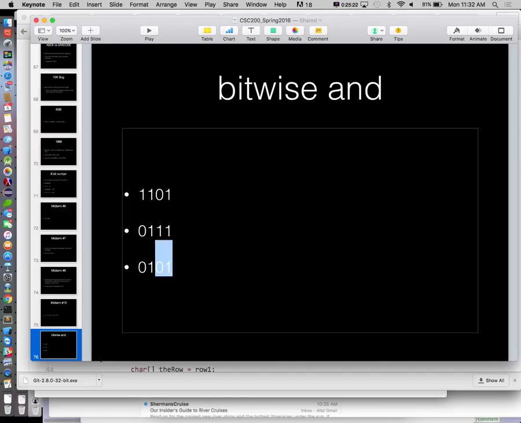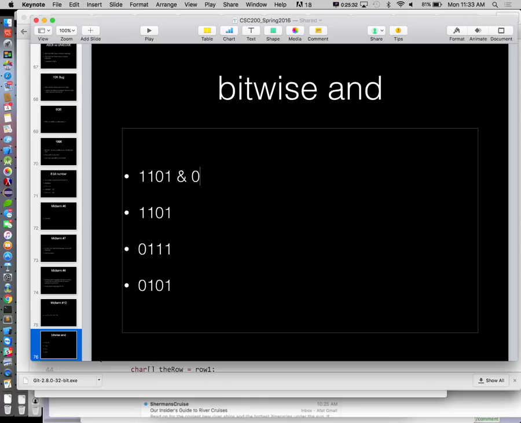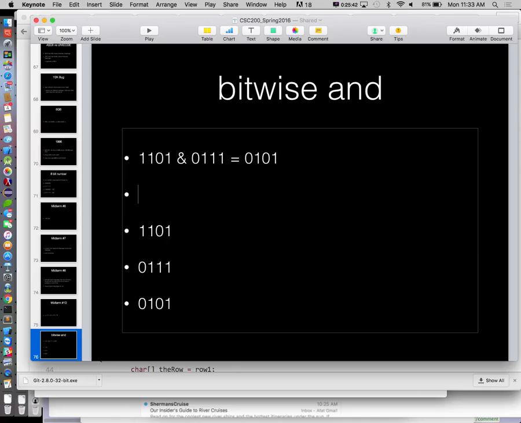So the result of 1101 bitwise AND, so this is the actual problem we're solving, 1101 AND 0111 is equal to 0101. Make sense? Similarly, if we did 1101 bitwise OR 0111, so this guy is